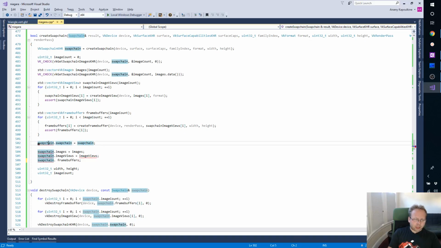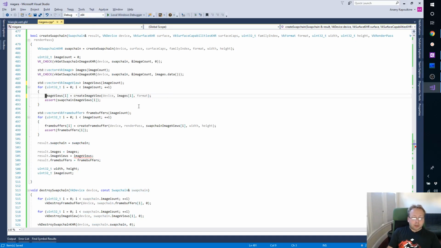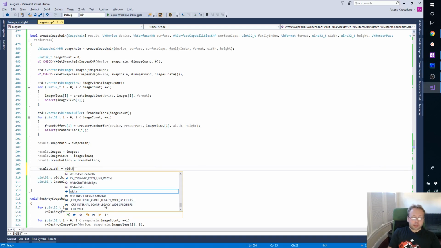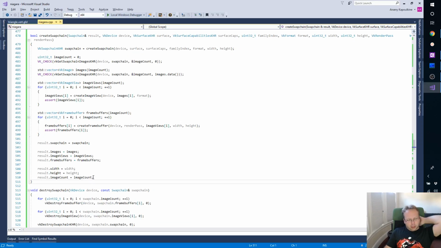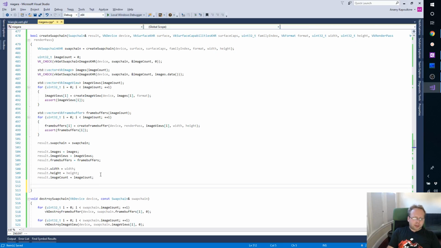Oh, it's not, it's result. Frame buffers. So yeah, this is just code refactoring, right? It's just moving things around a bit. Width is width. Height is height. And then image count is image count, of course. I don't know if the frame buffer stuff survives because when we do